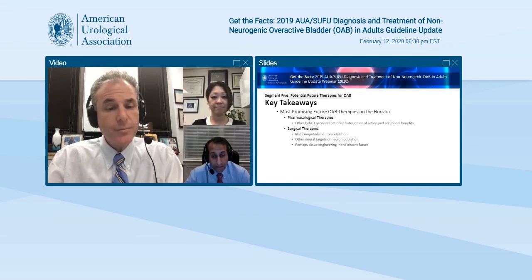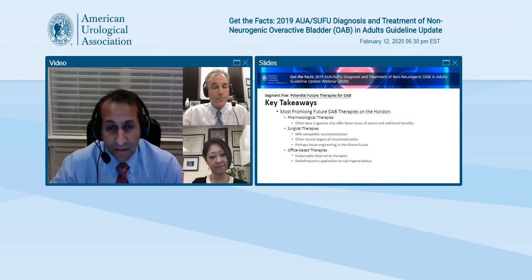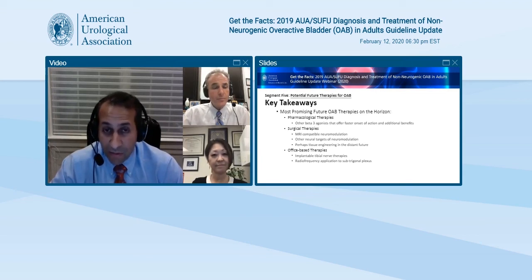Yeah, this is clearly the big push, right? Because we want to stay as much in this therapeutic class out of the operating room as possible. I think there's been clearly an interest in that. So is there an option to take some of the neuromodulatory therapies into the office? I think clearly an implantable tibial therapy is one of the more interesting ones. Why? Because we've seen success with tibial nerve stimulation, with the downside that Dr. Kobashi mentioned, which is the frequent need for visits. That potentially an implantable therapy at the same target may be beneficial.